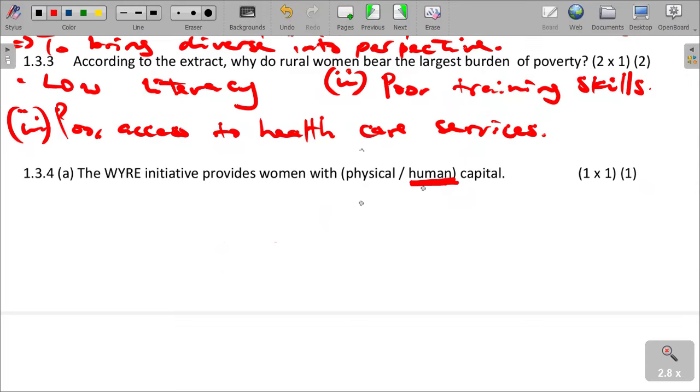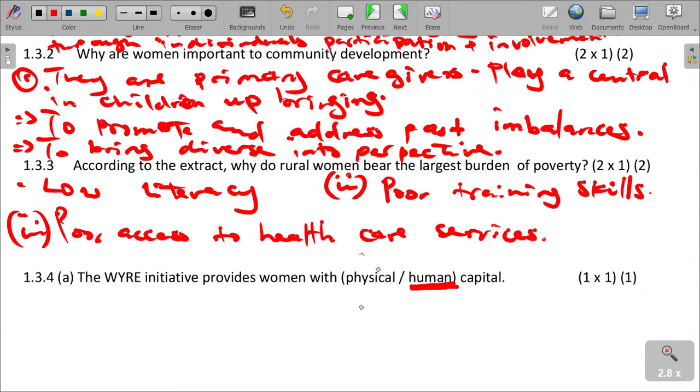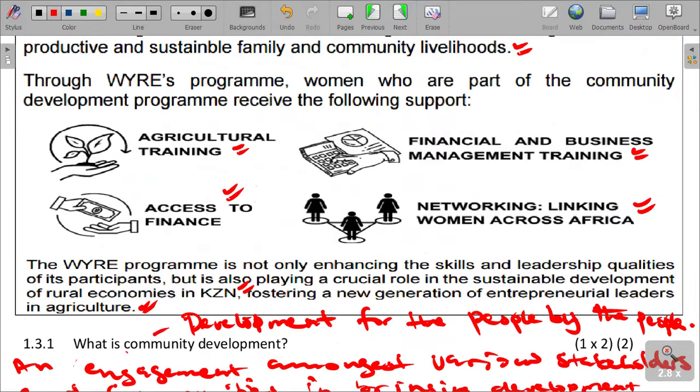So it is human capital which is actually there to say that it targets to improve women as a gender through various initiatives or through various support forums that are put in place. So what we need to understand is that it actually provides women with human capital. The factors and every action that is given here, it is agricultural training, financial and business management